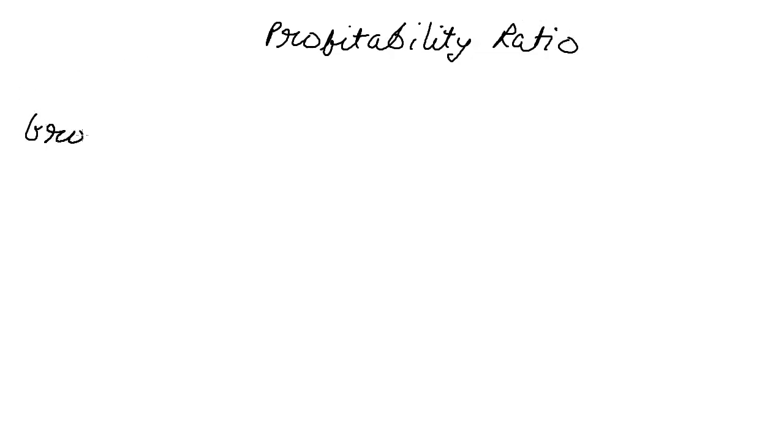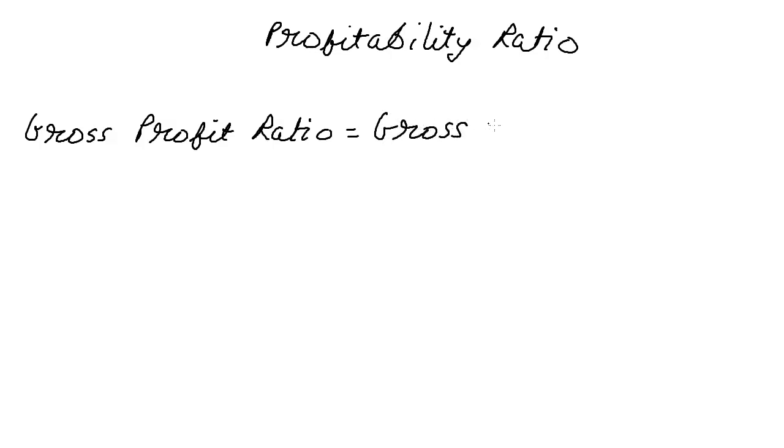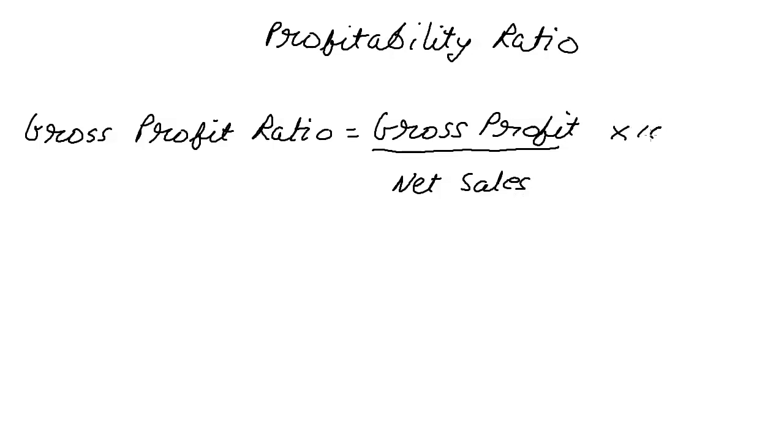Now we're going to look at the main profitability ratios. And the first one under that is the gross profit ratio, which is equal to gross profit upon net sales into 100. Now, as far as gross profit is concerned,